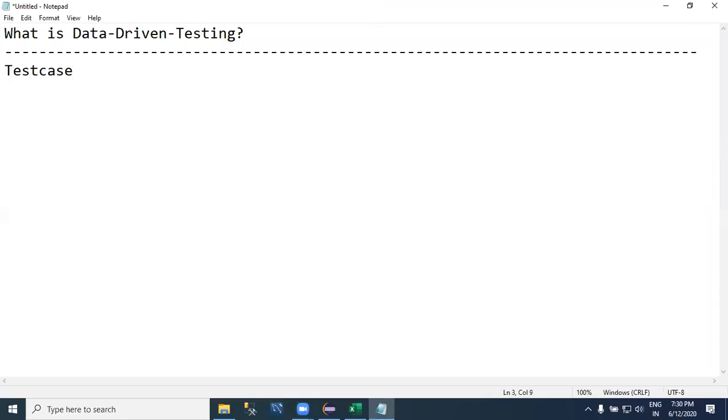The test cases are validating a functionality with multiple inputs. The test cases you have created to validate a functionality with multiple sets of inputs. These kind of test cases are called data-driven test cases. Okay. Now,